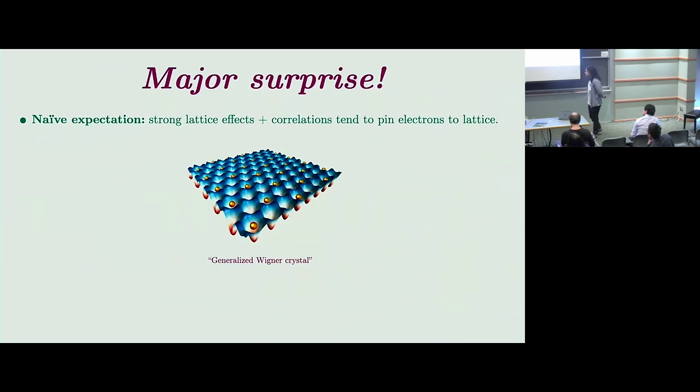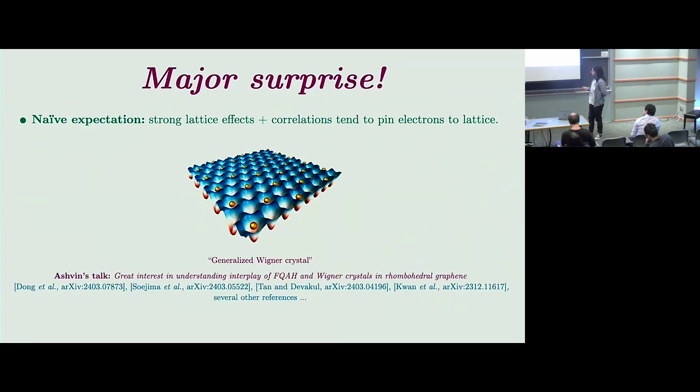All right. So why is all of this surprising? Well, the naive expectation that many of us might have is that in the absence of any explicit time reversal symmetry breaking in the form of magnetic field, we would expect an interplay of lattice effects and strong correlations to maybe give us some kind of inert charge-ordered state or Wigner crystal without topology. But these experiments really contradict that naive expectation.